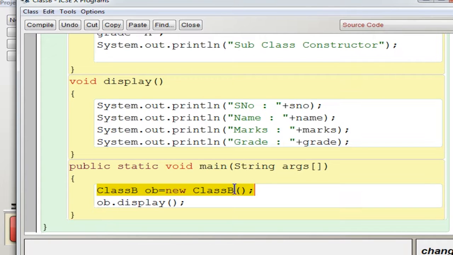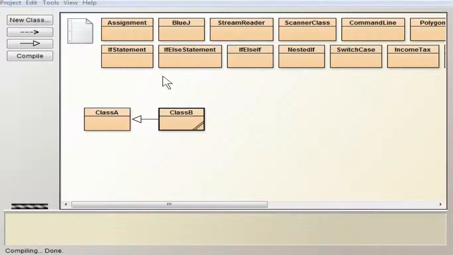If you do that, it can access class B members and also class A members. Now as usual, you use the object and call the display method. So this will be the proper way of executing the program.